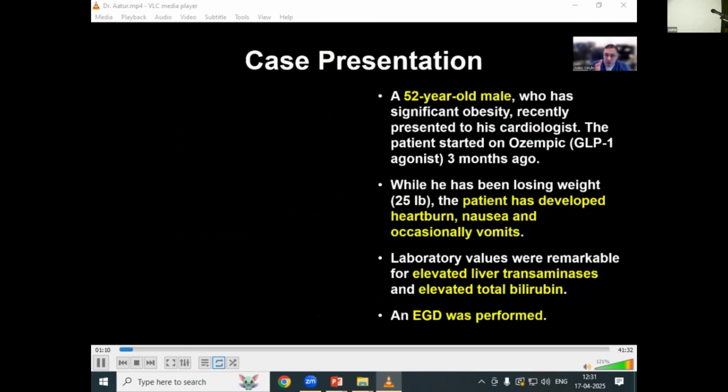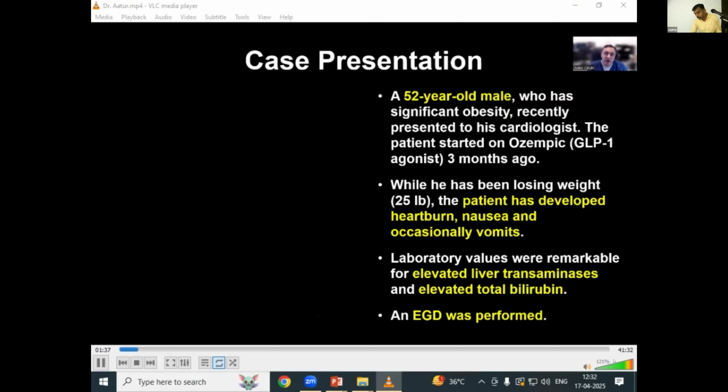Before that, let's start off with a case. Honestly, there's really no better way to present a systematic approach to these neoplasms without going through that step-by-step thought process that we all take when evaluating these lesions. Therefore, it's important to go through this process to show you how I approach these types of neoplasms. So without further ado, a number of years ago, a 52-year-old male presented to a UPMC